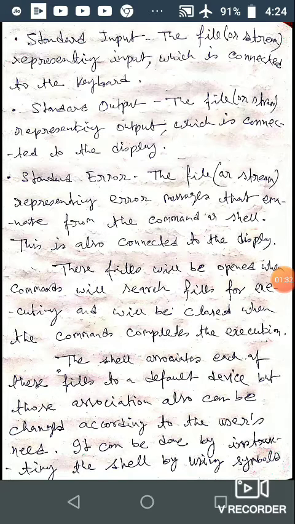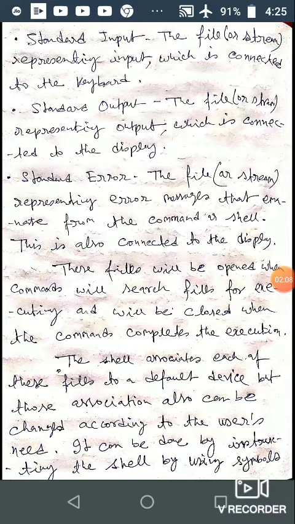In the case of standard output, the file or stream represents output, which is connected to the display. So here the term terminal refers to the keyboard for input, and for output it refers to the display of the screen.